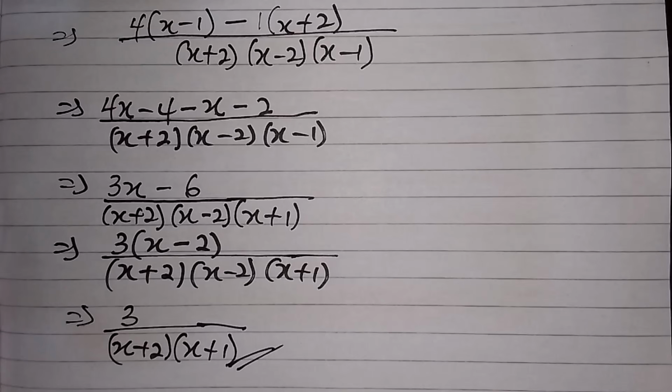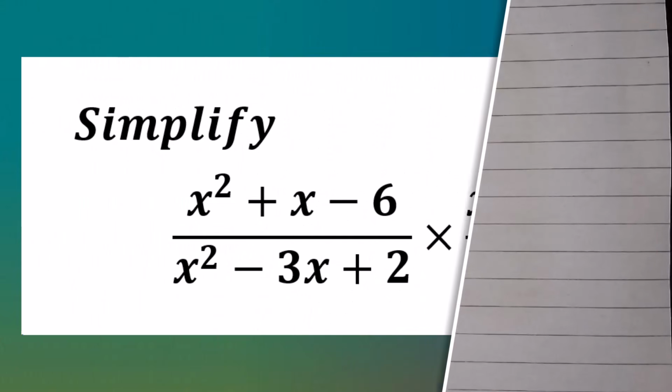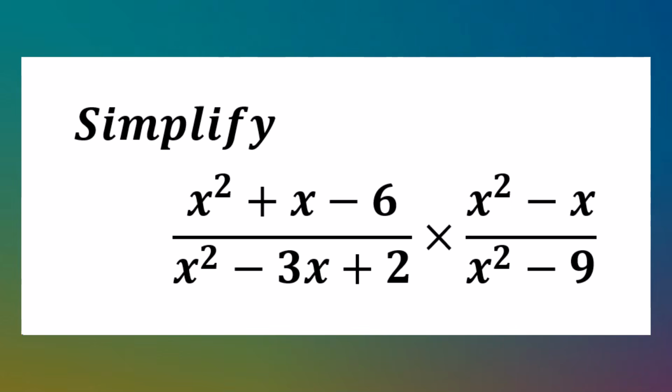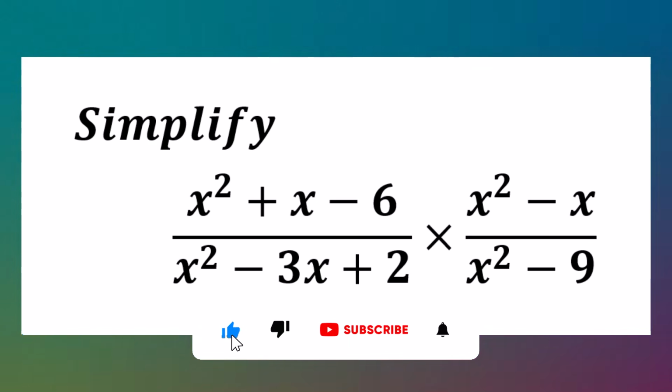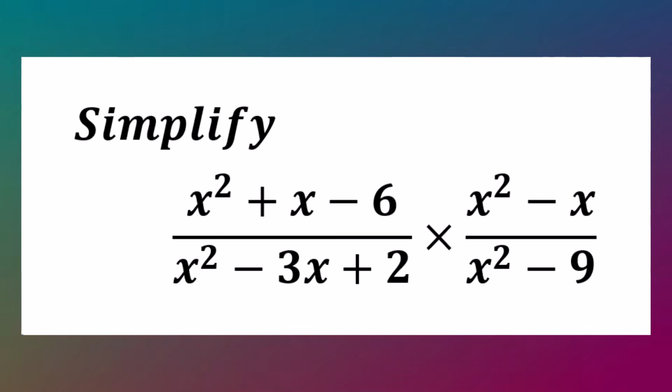But before we go, I'd like you to do this in your workbooks as an assignment. Simplify x squared plus x minus 6 all over x squared minus 3x plus 2, multiplied by x squared minus x all over x squared